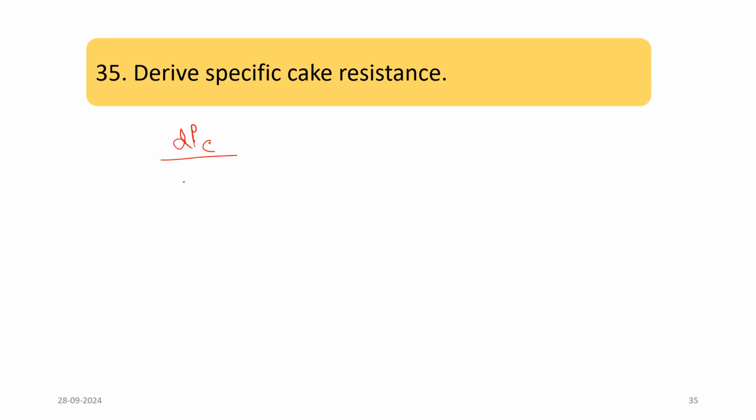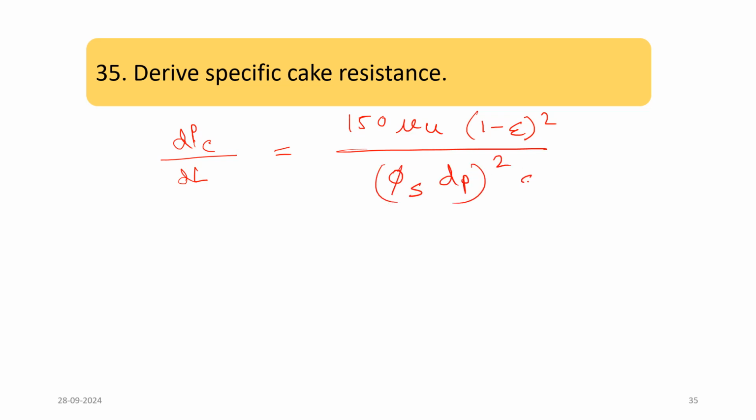Then we can write phi s equals to Sp by Vp divided by 6 by dp. This is the sphericity formula, you remember, right? This is the sphericity formula. So if we include this here, this equation will change into